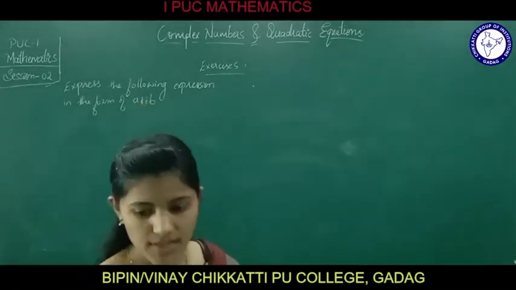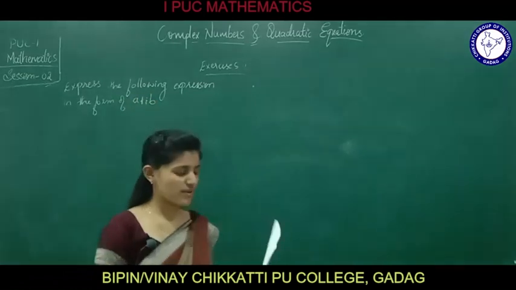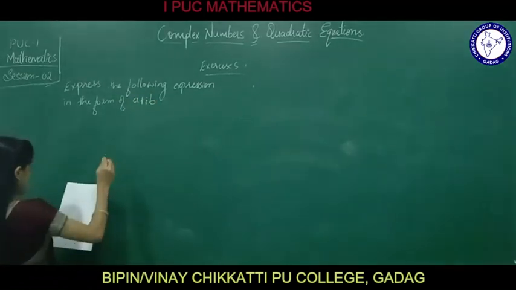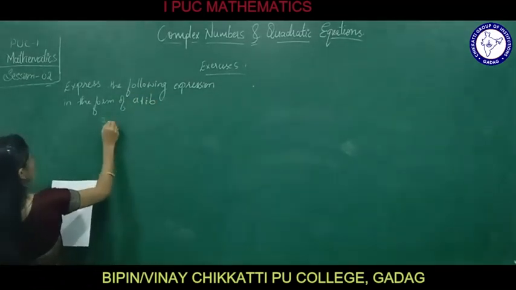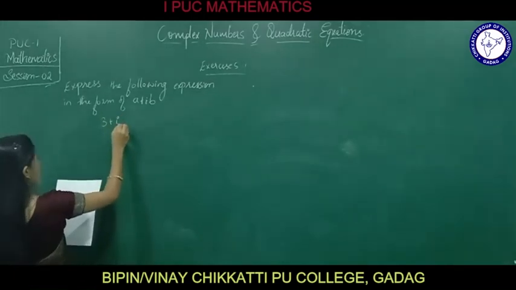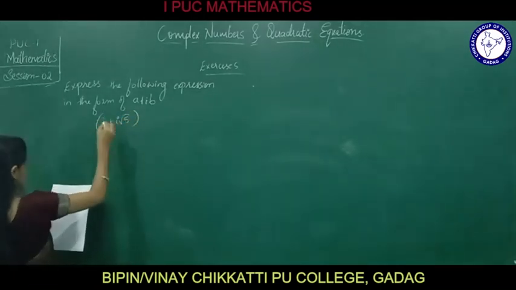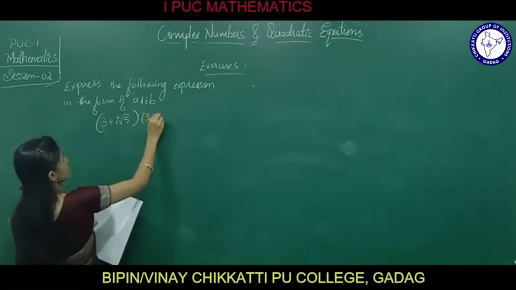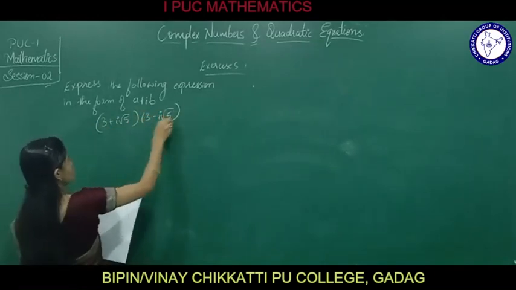They have given one expression. Let us form that in the form of a plus ib. That is 3 plus i root 5 into 3 minus i root 5